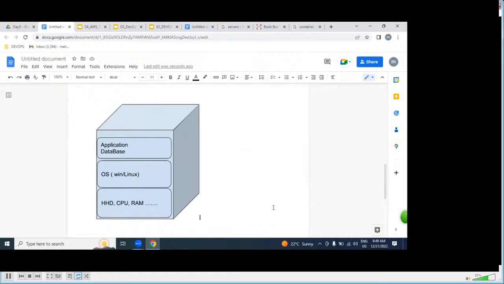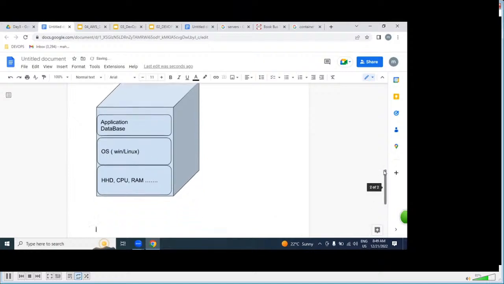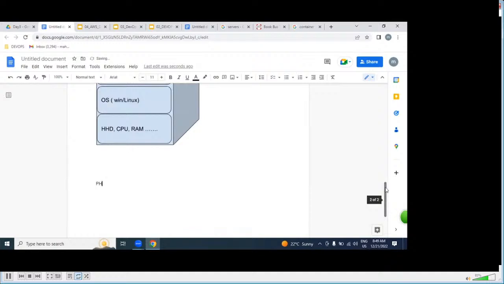In olden days, we needed to buy a car, but right now we are booking an Ola cab. But the car is the same in all the cases. The same way, the server is the same, but the way of getting a server is different. But how many ways? Please tell me quickly. Physically, virtually, cloud. Physical servers, virtual servers, cloud servers.